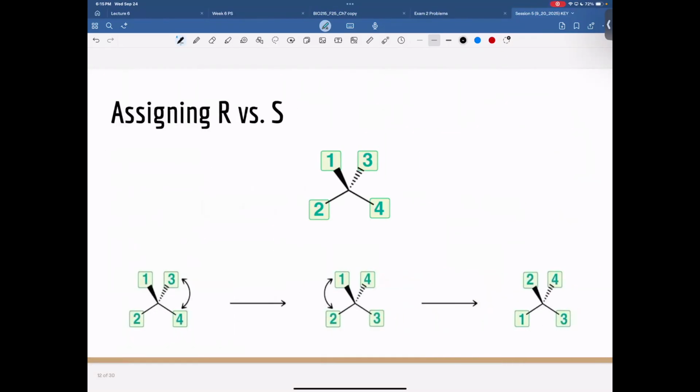All right, assigning R versus S. I'm going to teach y'all the methods how to do this. It's really pretty simple, and y'all should be able to understand it pretty easily. So for example, if we have a group that looks like this,